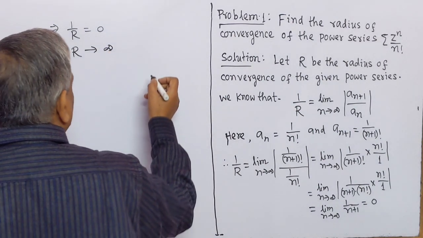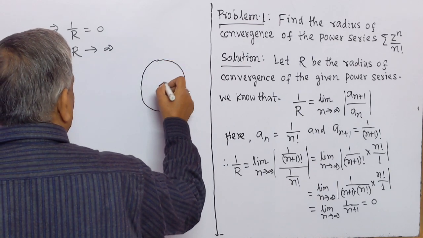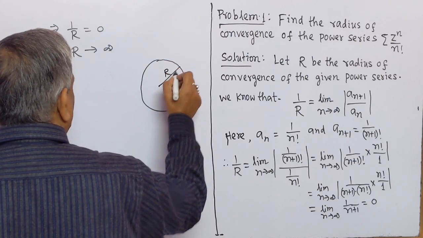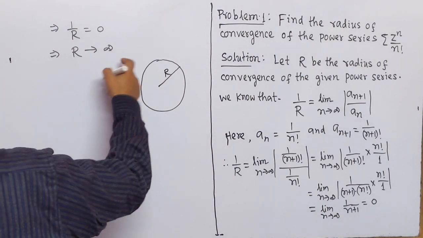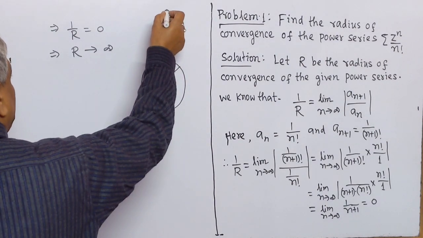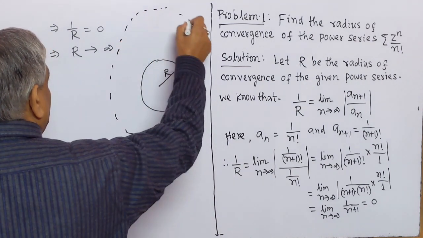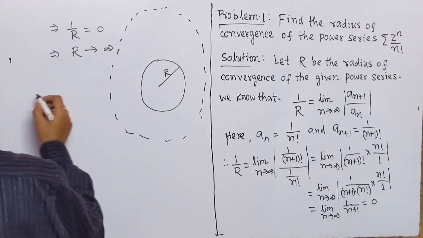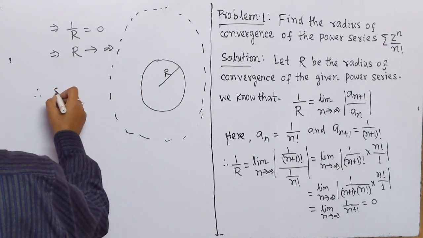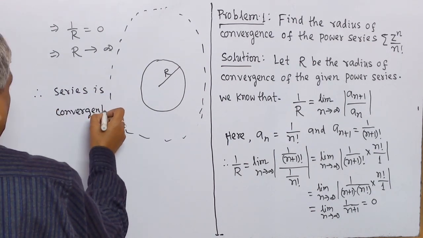Means if the radius of convergence be R, then here R is infinity, means radius of convergence is infinity, means the series is convergent, therefore series is convergent